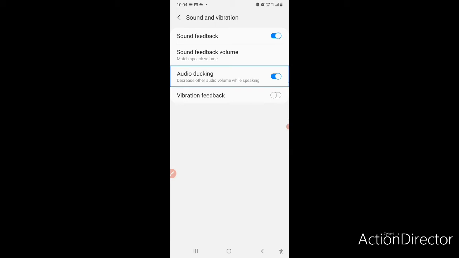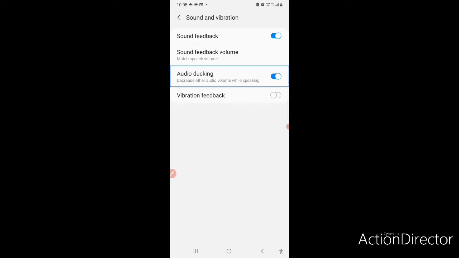Over here, if you are playing a video on YouTube and you don't want to listen to the video, you want to go back or do something else. If this feature is on, the sound of TalkBack will be louder and the video's sound, or the sound coming from your phone, will be reduced.